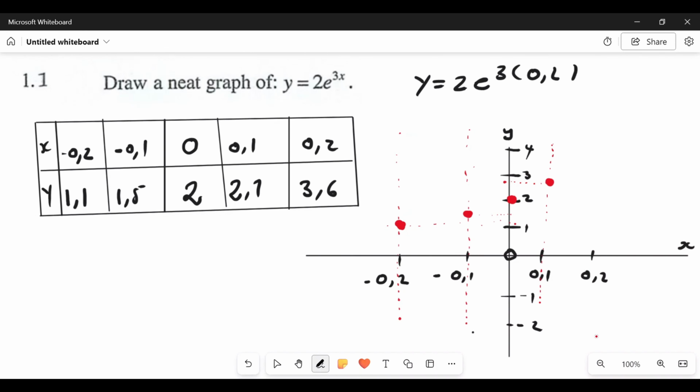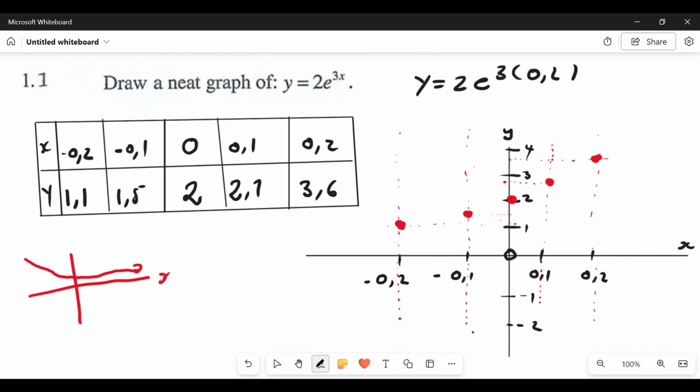Let's look at x on the positive side on 0,2. Draw the line there, vertical to that. Obviously, you must use a ruler. And then your y is going to be 3,6. So if you look at the y-axis on the positive side, 3 is our 3 here, 3,6 almost in the middle between 4 and 3. So you're going to lean more into 4. So you're going to be drawing a line like this, and then as it intersects there, this is going to be your point. Now remember, the exponential graph, it looks like this,